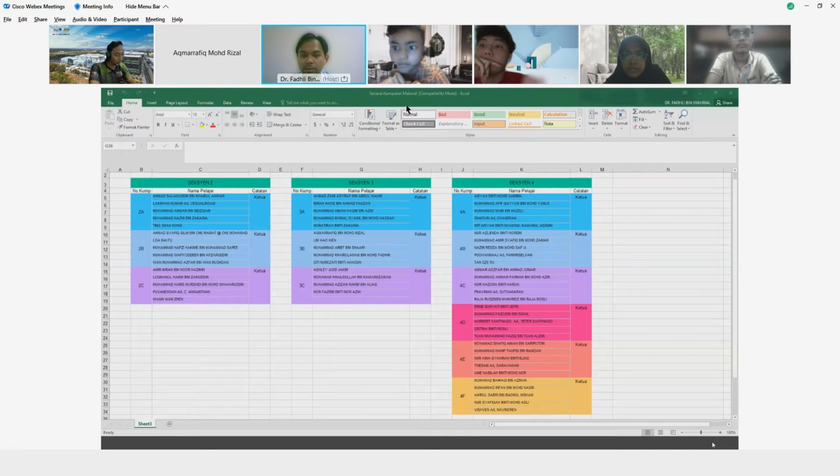So week number 3, all of you are in college kediaman. So ketua picks 3 persons for the lab session. Lab session 1, experiment 1 and experiment 2. So the rest two, you stay at your bilik. And for week number 4,